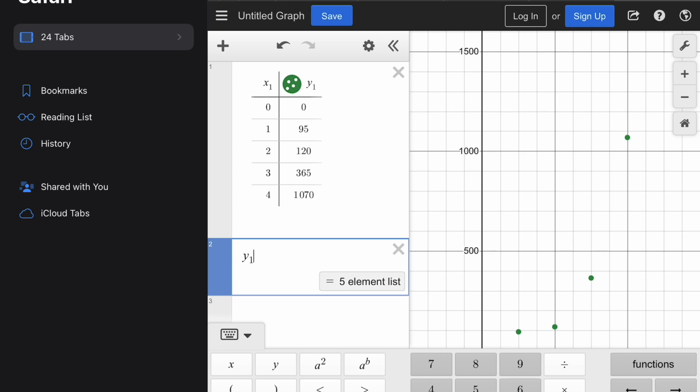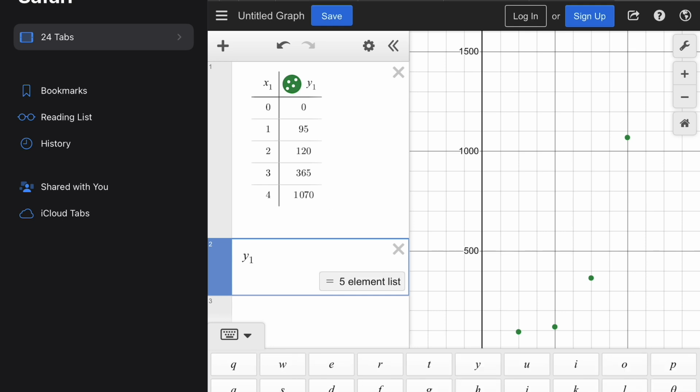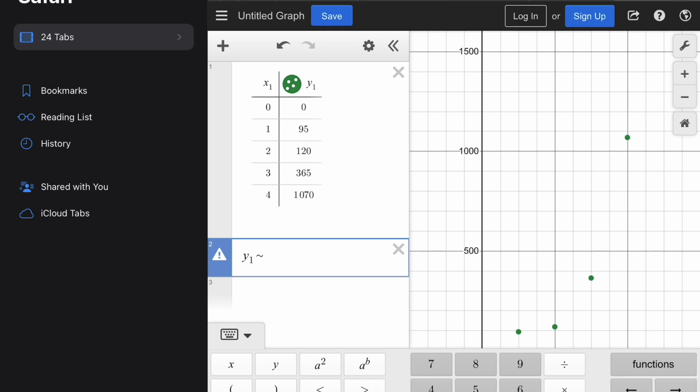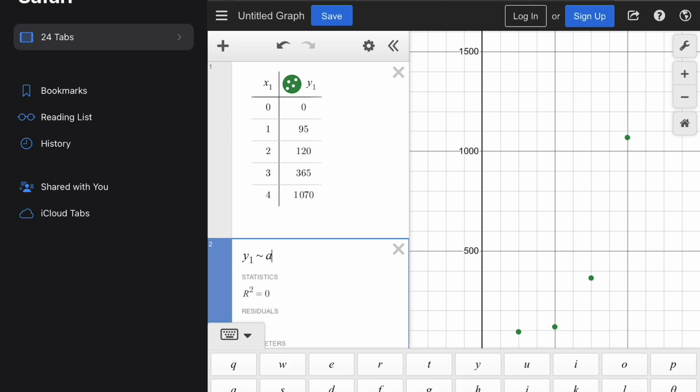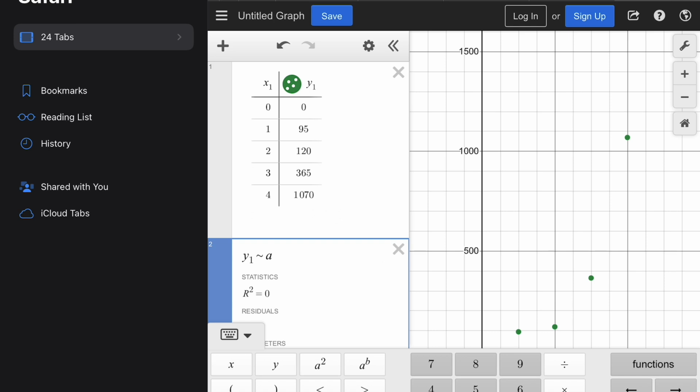And then after you've entered those, we're going to put in y1, because if you look at the top of the table, that's what our y variable has labeled on it, the subscript of 1. And then we go and get a tilde, which is this little squiggly line, instead of an equal sign. And that is the sign basically saying we're doing a regression. And we're just going to grab a x cubed